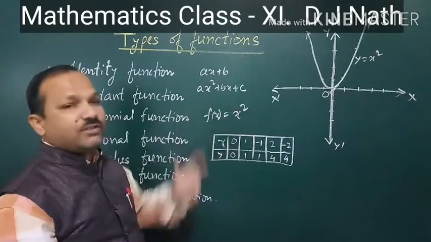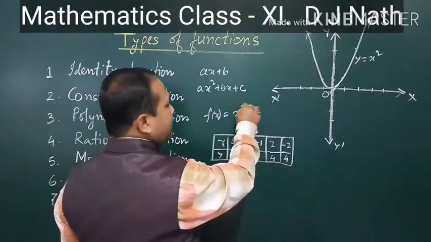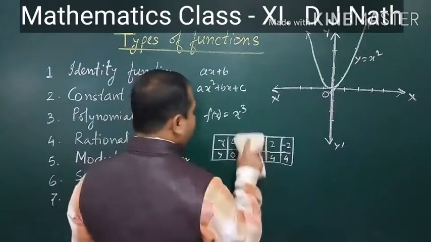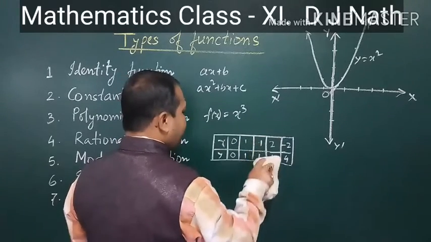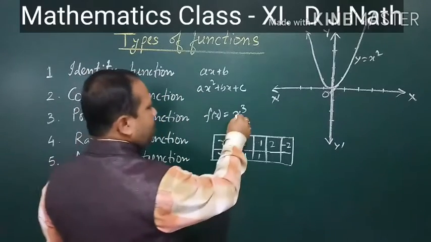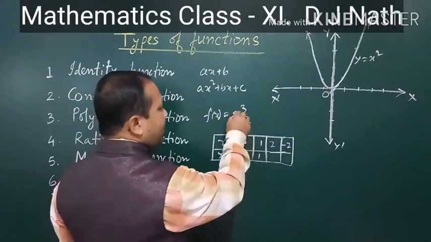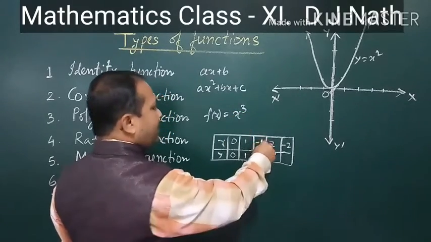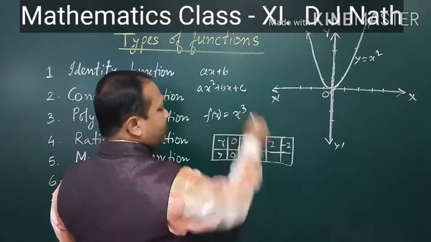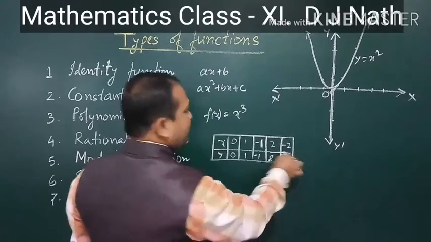Okay. If we take x cube also, if we take another example, say f(x) is equal to x cube, then how will the graph be? It is also a polynomial. Let's take these points only. If it is 0, it is also 0. 0 cube is 0. 1 cube is 1. If we take minus 1, then minus 1 cube is again minus 1. If we take 2, then 2 cube is 8. Minus 2 cube is minus 8.